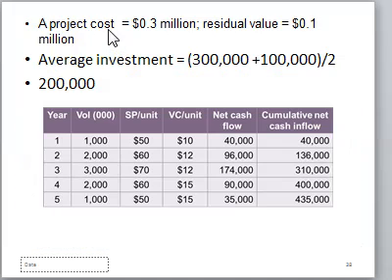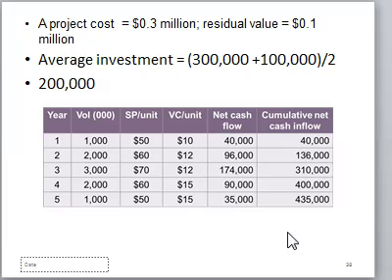So this is the information we have in the question. This is our initial investment or project cost. This is our residual value. So from this information, it can be easy for us to determine our average investment. So our average investment will be our initial investment plus residual value divided by 2, then you get 200. So from here we can be able to get our